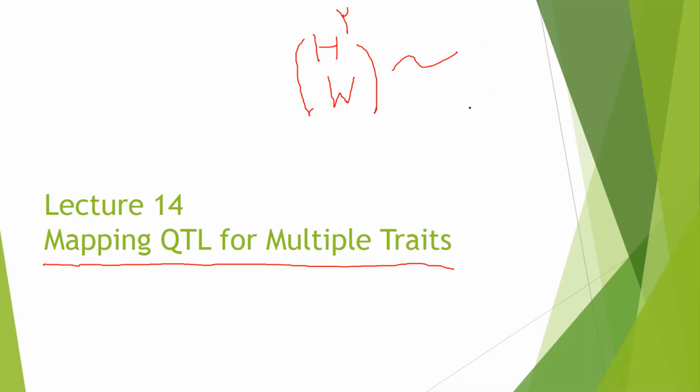In this case, the purpose is to identify the loci that are associated with both traits, which means the genetic determinants, the genes in this region.